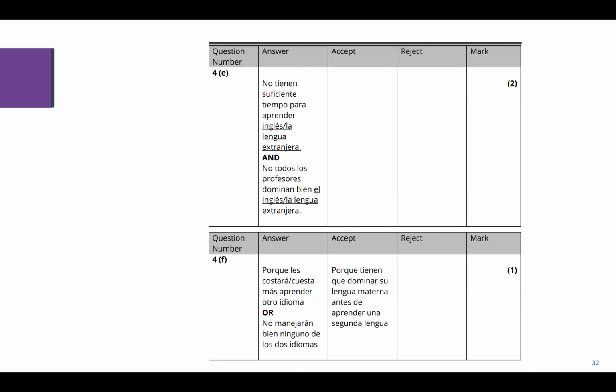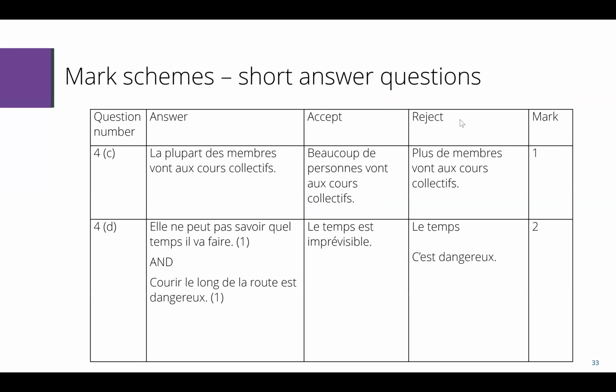And then I'm just going to move it on, because there's a better example here in French. You can see that it's this answer that is the one that we were looking for, but there are also accept answers, and then there are some that are just not right, so they will go in the reject column. So when you are marking your students' work, it's really important for you to look at this answer and accept, to find out what the actual